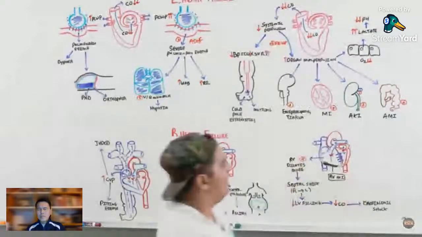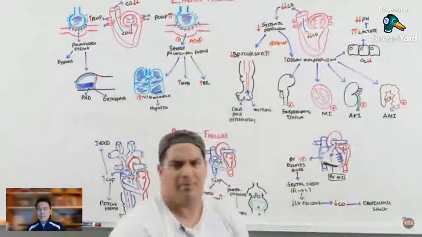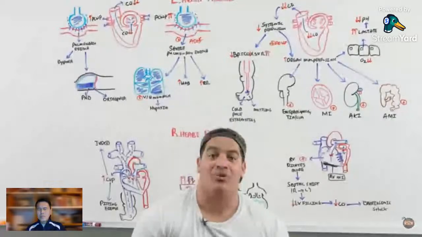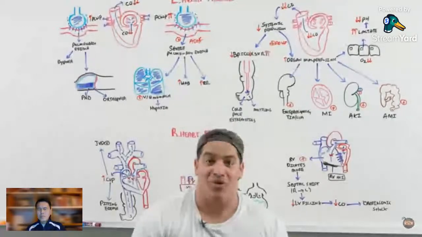All right, my friends, that covers the issues or complications, if you will, of heart failure. It's a pretty disastrous thing if it gets really, really bad. What I want to do now is take you through how to diagnose heart failure. First thing is get a chest x-ray. This will help you. If they have cardiomegaly, that's somewhat helpful.